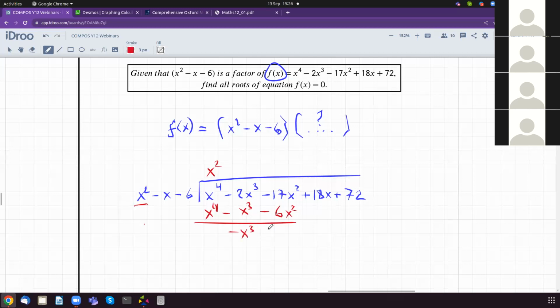Minus 17x squared minus 6x squared is minus 11x squared. Then we drop down the 18, plus 18x. So minus x cubed divided by x squared is minus x. So minus x cubed plus x squared plus 6x. We subtract, minus 10x squared